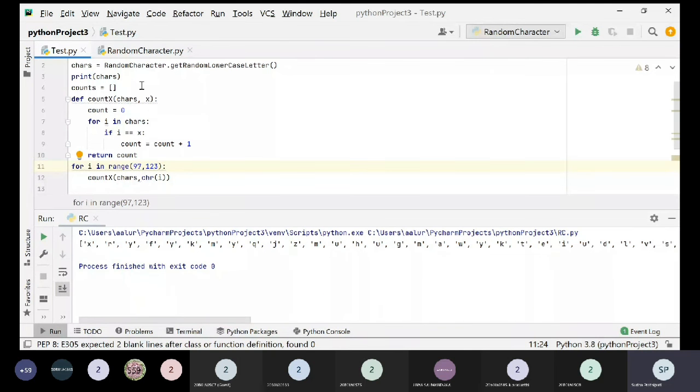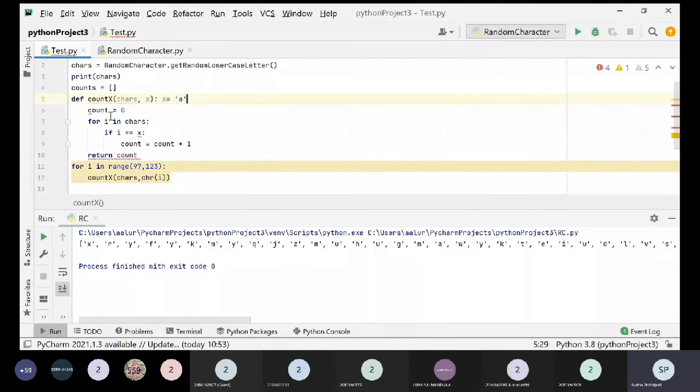So now chars is there and x will be taking the letter a, and then we are initializing this count to 0. Then this loop is iterated, and each and every character is compared whether it is a or not. So whenever there is an a, this count starts incrementing, and if it is not matched, the count will not increment. It goes for the next element in chars. So this is actually what I have adopted.